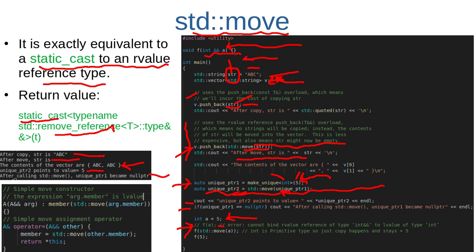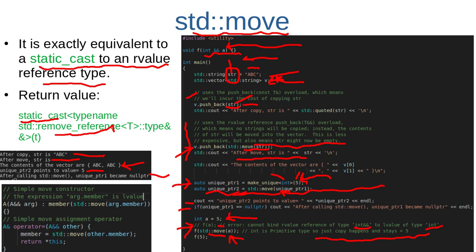So this will throw an error: can't bind rvalue reference of type int&& to lvalue of type integer. So what is the solution? The solution is to use std::move of a. It will cast a into a temporary object, or an rvalue object, and in that case